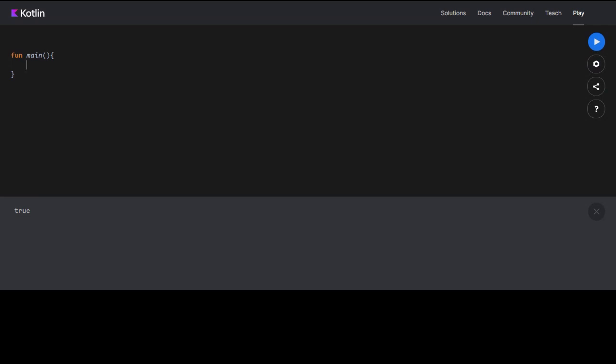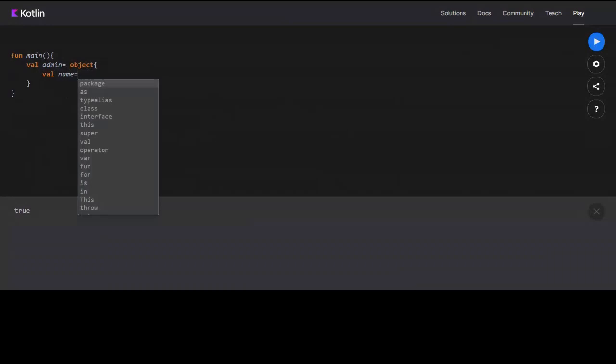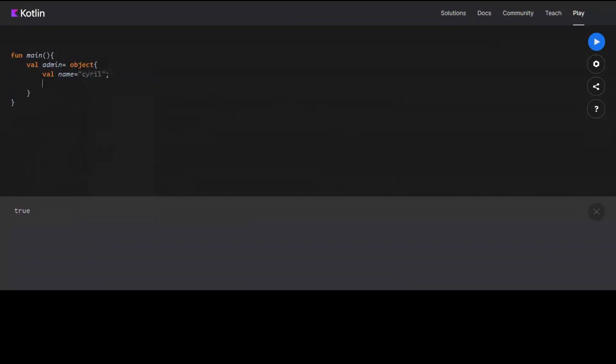So to do that, what we do is val admin is equal to, now we define an object. So the object, and we say val name is equal to Cyril, and then val age is equal to 21. Okay, so now we have just created an admin which is an object.